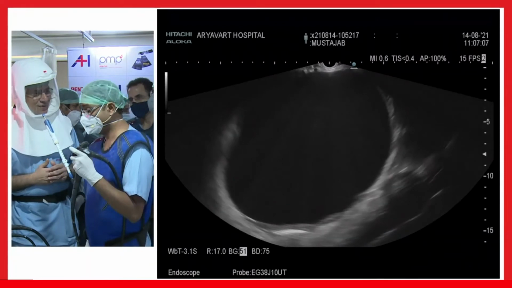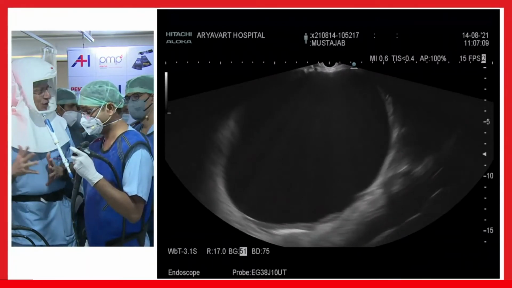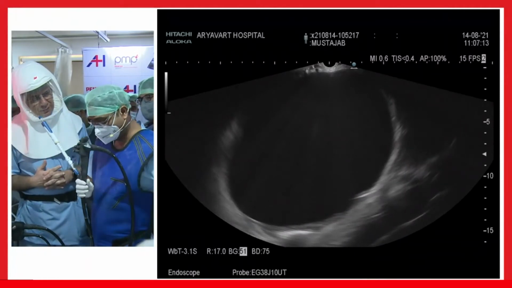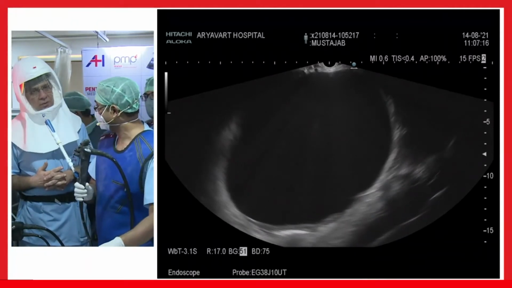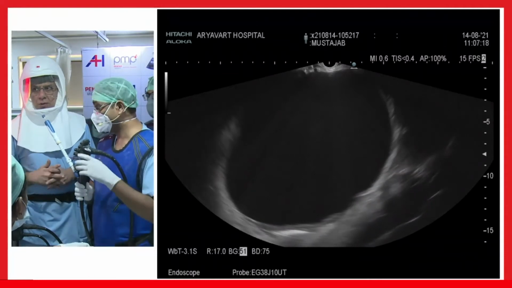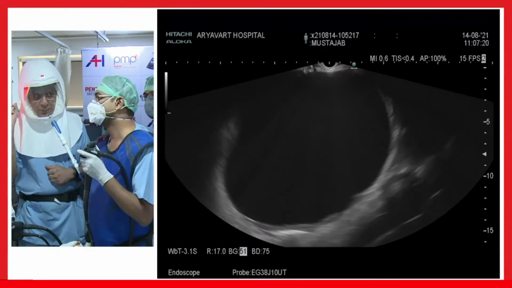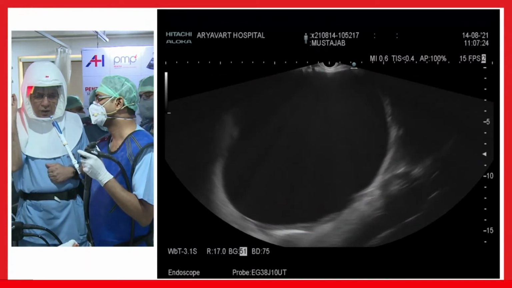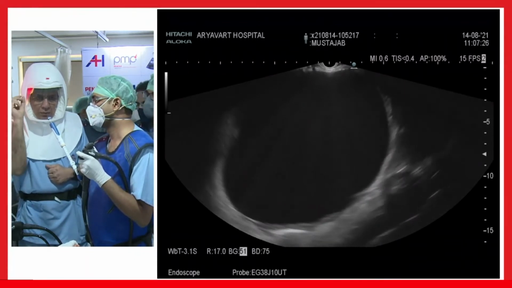So in this case, I'm just asking for the... okay, not in this case. The 0.018 wire is usually used in ERCP, not in cystogastroscopy, so I don't use it there. In EUS-guided puncture, the one therapeutic intervention I have used it in is when I am putting coils in bleeding vessels.